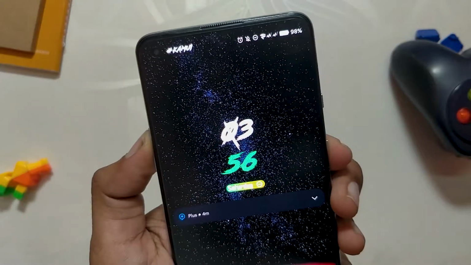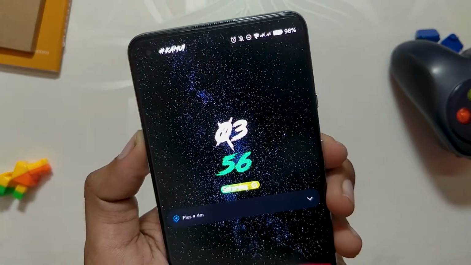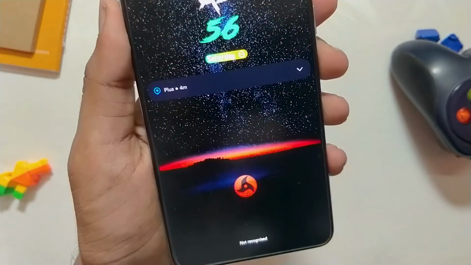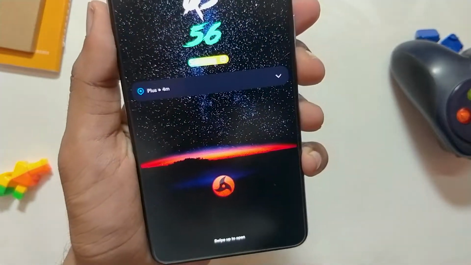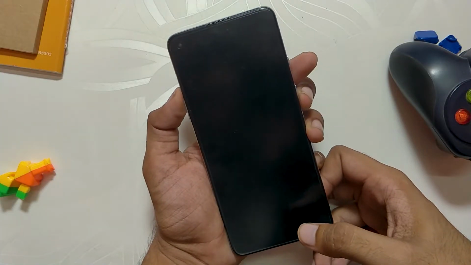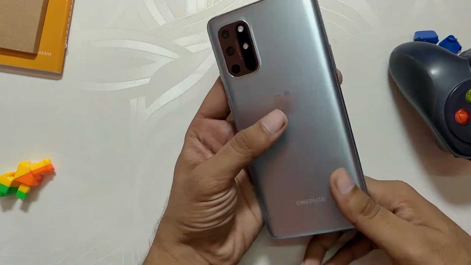Overall, it's a very good ROM, or rather I should say an almost perfect ROM. It provides you with a plethora of customization options and it is mostly stable. If you want to go with a completely stable ROM with fewer customizations, I'll recommend Havoc OS. But if you can do with these minor bugs, go with MSM Extended.